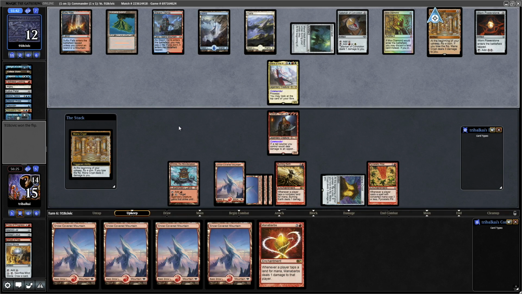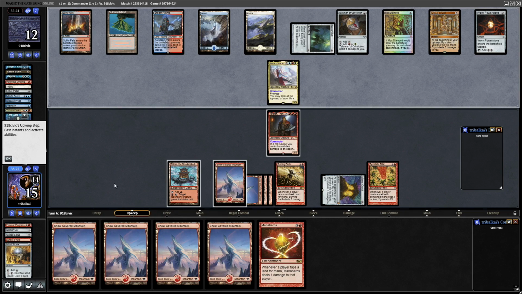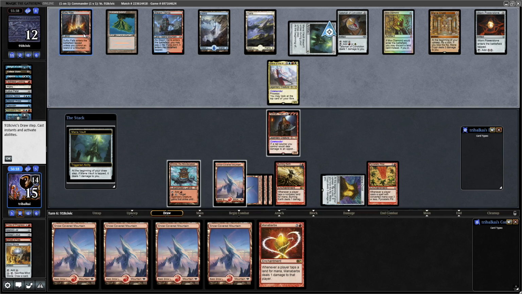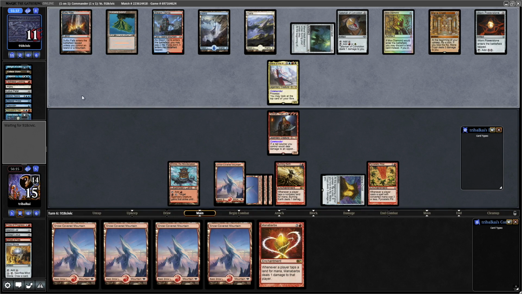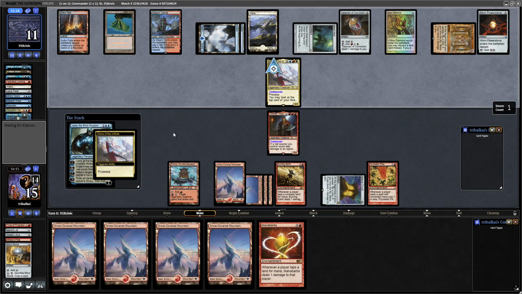And this is actually where it's really relevant that the Price of Progress was cast. Yeah, that's really annoying that the client just skipped through there. We could have dealt 4, 8, 12. Yeah, we would have had our opponent. They might not have gone to cast the Time Warp, but in this exact scenario, if it had played out exactly the same...